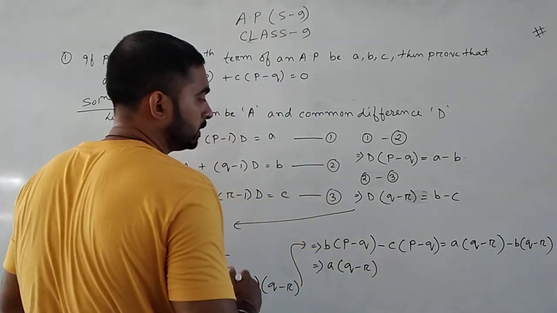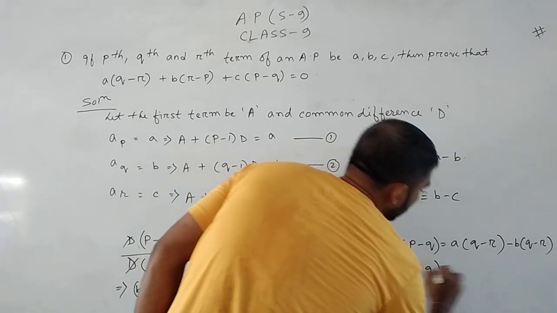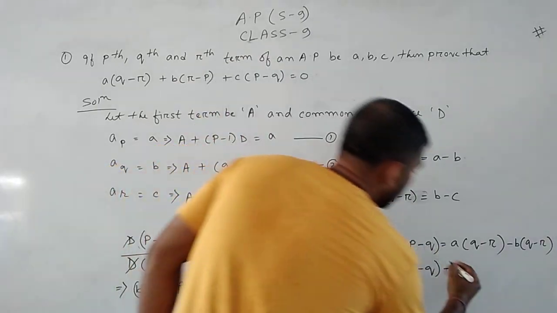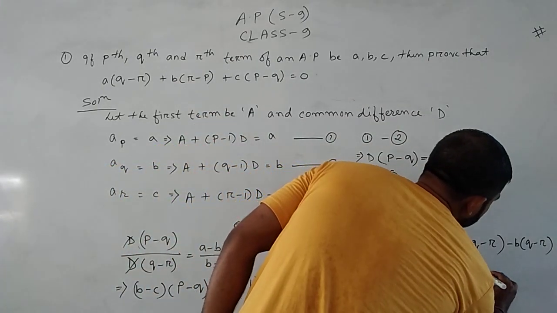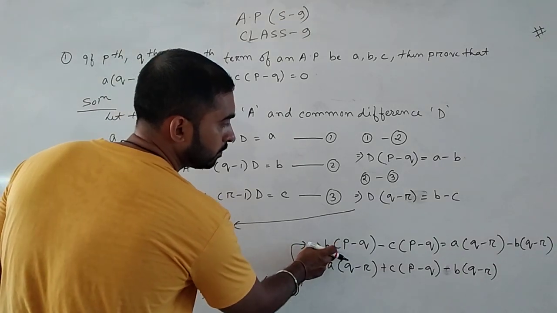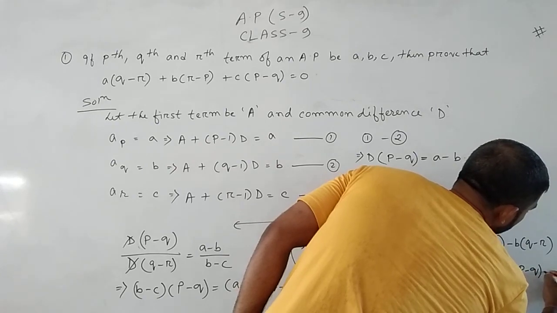This c will go to the other side and becomes plus c into p minus q, and minus b into q minus r becomes plus, so minus b into p minus q, minus b into p minus q equal